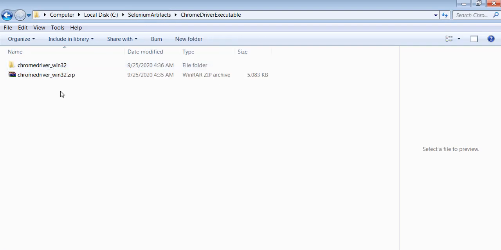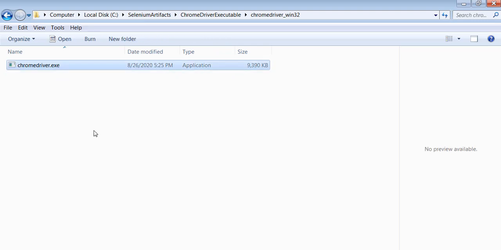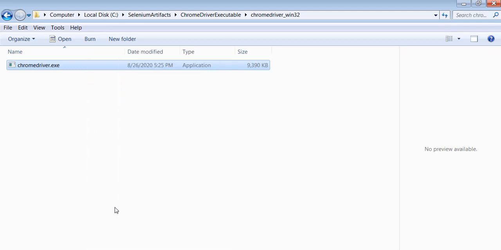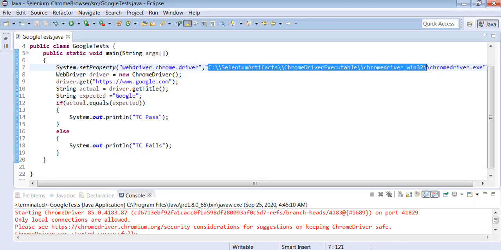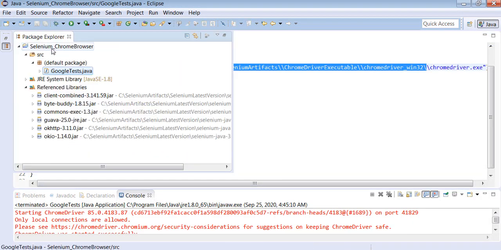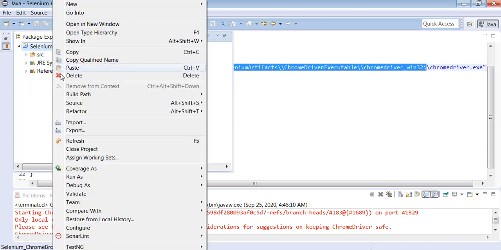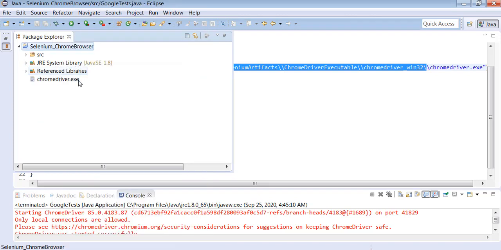Let's copy the executable file. This is the executable file available in this location. How do we copy it? Right click on the file, copy the executable file. Go to the project, select the project, then click on paste.